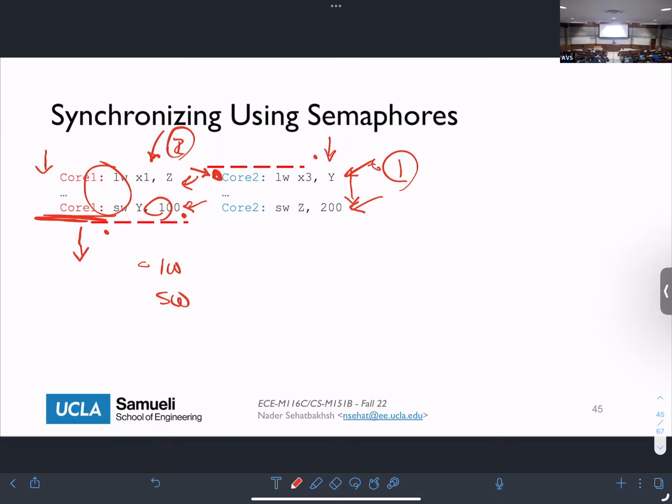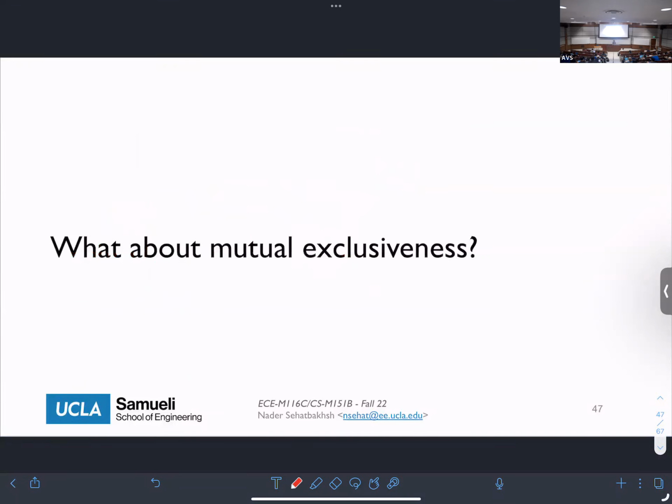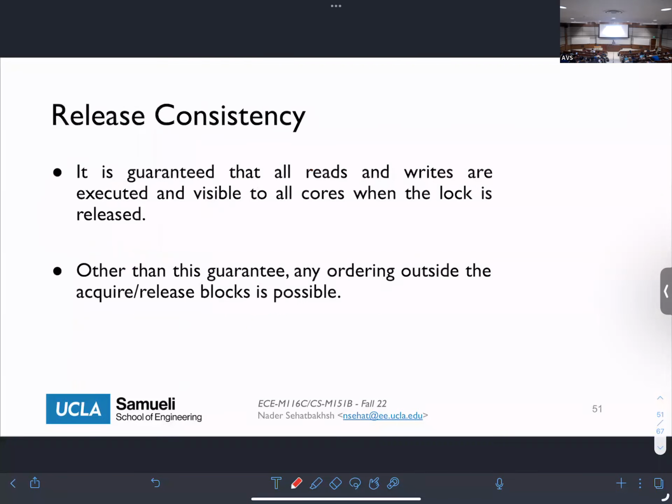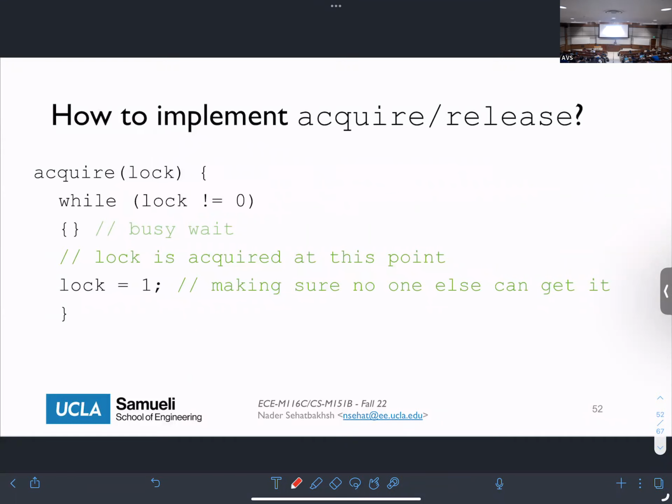So probably if you take an operating system course, you'll see how these things are being implemented. But let's actually talk a little bit about how we implement locks. We're not going to go through the details, but just the basic idea of at least what the requirements for a lock are. If you think about the actual C code or pseudocode for a lock, it looks something like this.